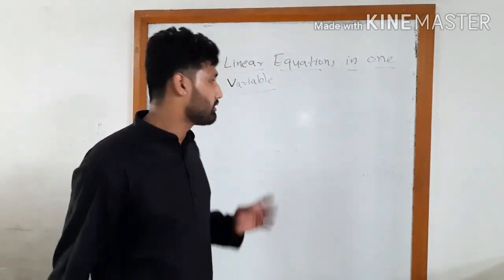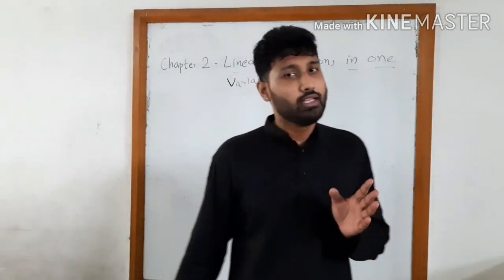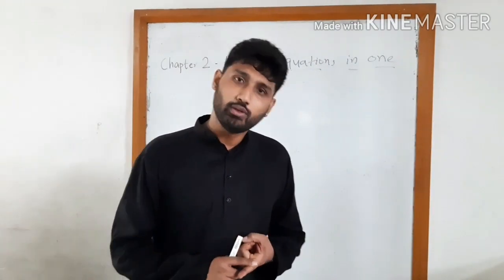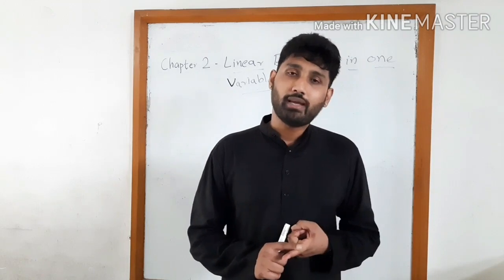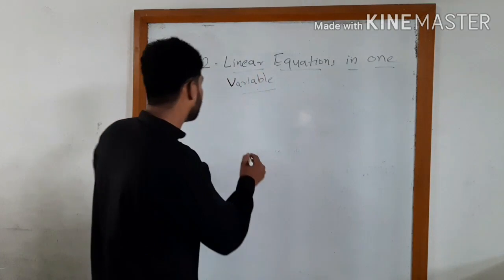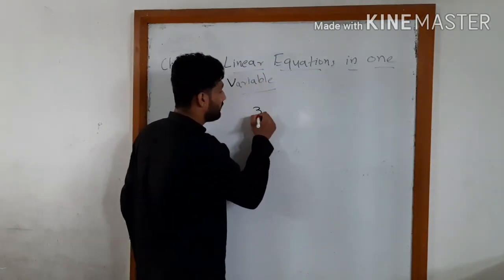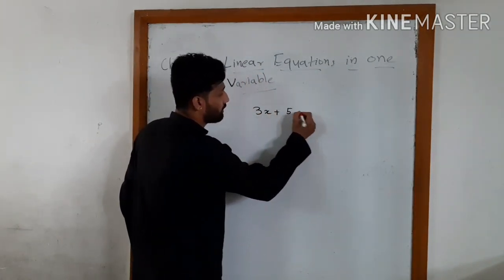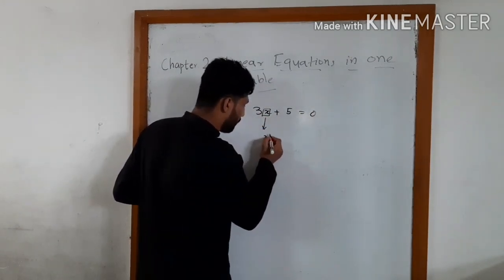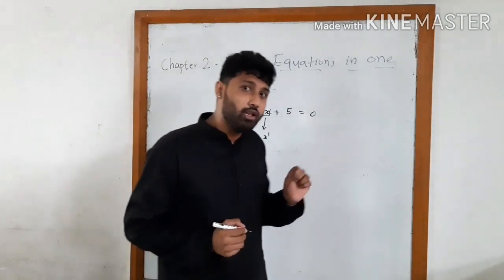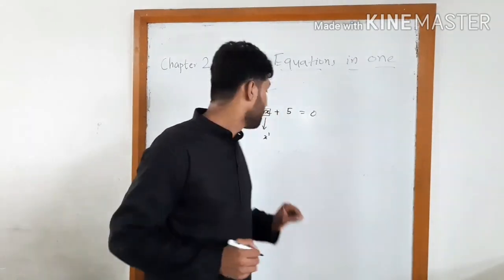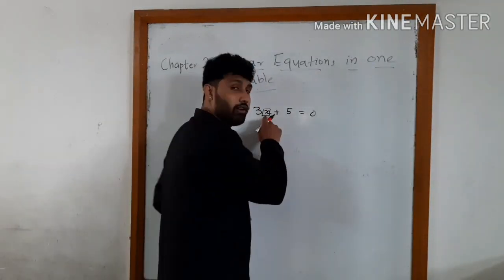Right? You might have that question, why is this name of the chapter linear equation in one variable? So linear equation because when you see the equation will be having the power 1 of any variable. So what I mean to say is, when you have something like 3x plus 5 equals to 0, see the power of x. This is x raised to 1. So you have only one power of x, which makes it a linear equation, right? And it is always in one variable.